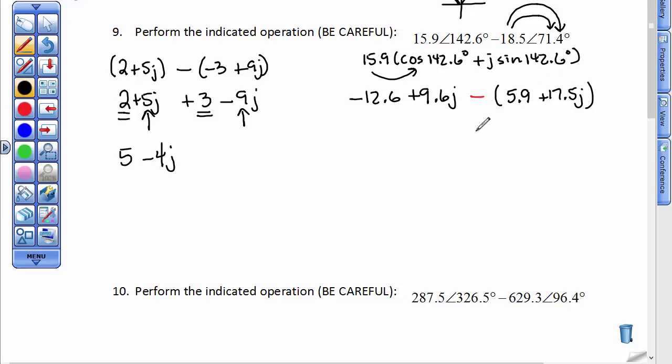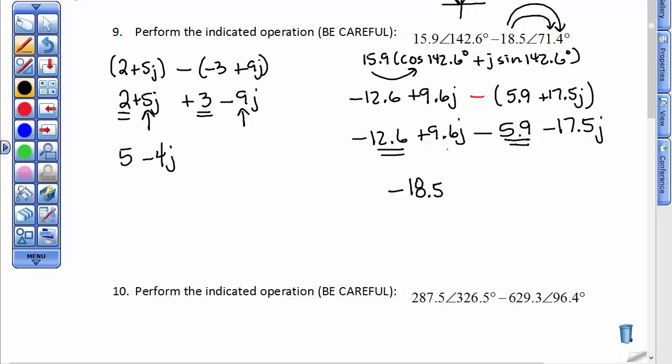Don't forget, you got to subtract, so this has got to become a minus 5.9, and this has got to become a minus 17.5j. So I'm going to recopy this first complex number's values down. So the real parts, the negative 12 and almost a negative 6, add to be about a negative 18.5. And this positive 9.6j take away 17.5j turns out to be a minus